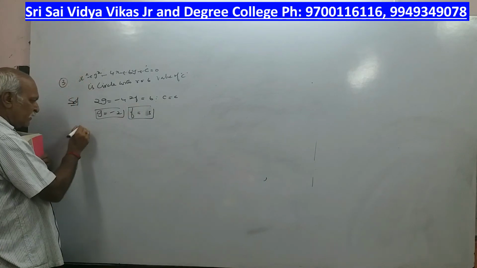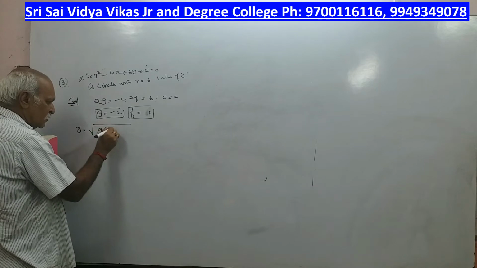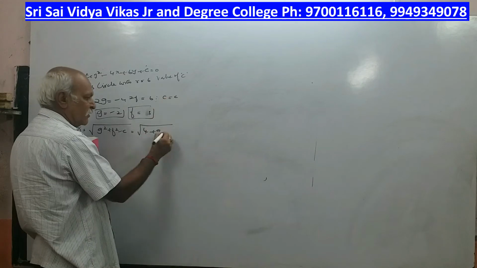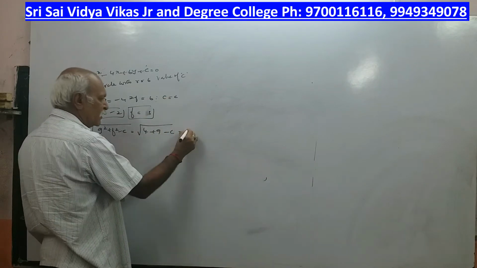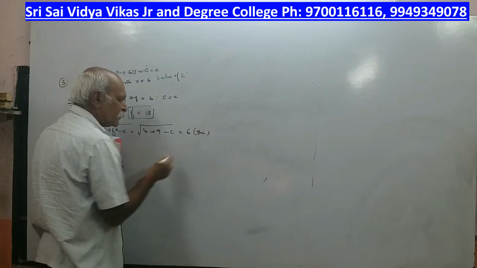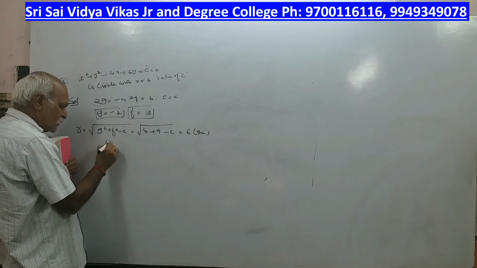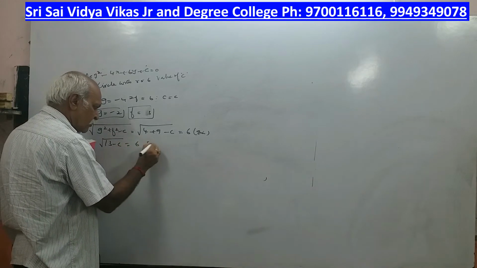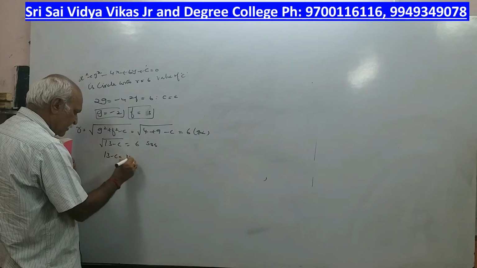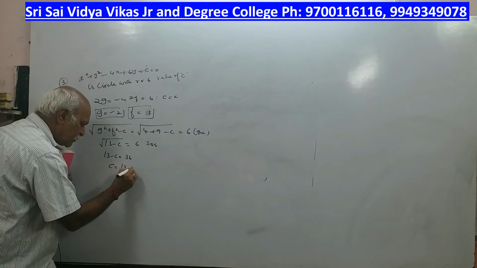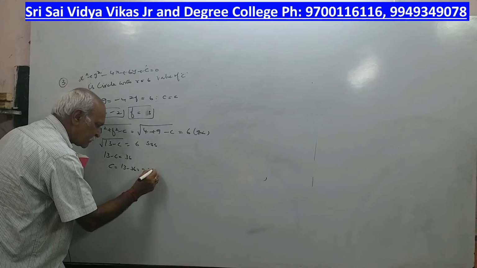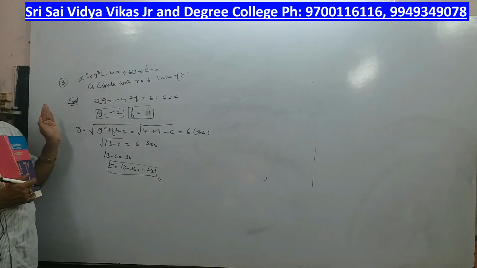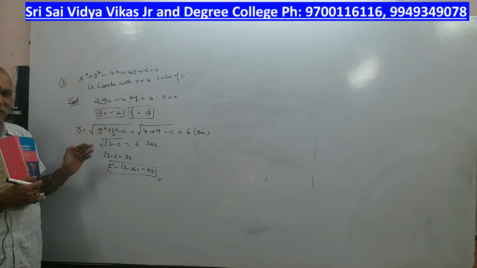Right? What is the radius? Formula: root of g square plus f square minus c. So 4 plus 9, minus C. What has he given? He has given radius as 6. Therefore, root of 13 minus C is equal to 6. Square both the sides. 13 minus C is 36. So, C is equal to 13 minus 36, that is minus 23. So, again similar method. Based on center, radius and the circle parameters we have done.